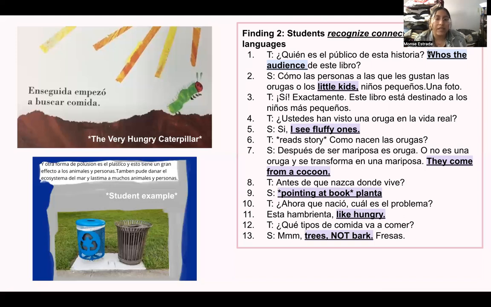So you can see even the parallel of the format of The Very Hungry Caterpillar and my student's example, that they're recognizing that connection, and even beyond what we talked about in class. I can tell that this student did not rely on Google Translate. He actually attempted to type this on his own. And again, it really showed how his repertoire is growing and that attempt and that connection is really there because he has a very solid example. It's not perfect. I don't think anyone had a super perfect example, which was not what I was looking for. It was more just seeing how they're influenced by language and how they can create their own books through that influence.